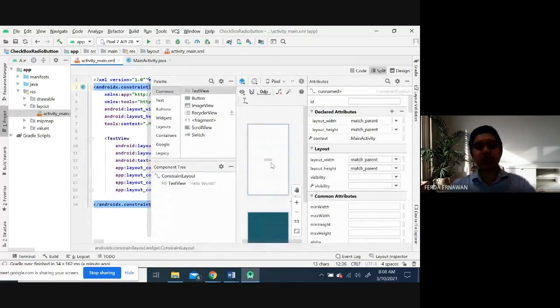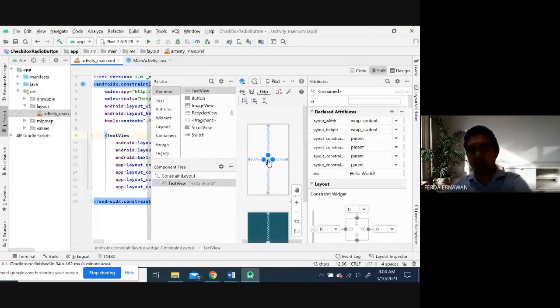Now let me explain to you about the condition. In Android Studio, you always use functions. You can create your own function. You can use a control statement to make a decision.